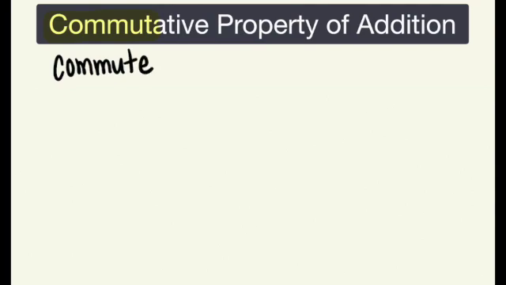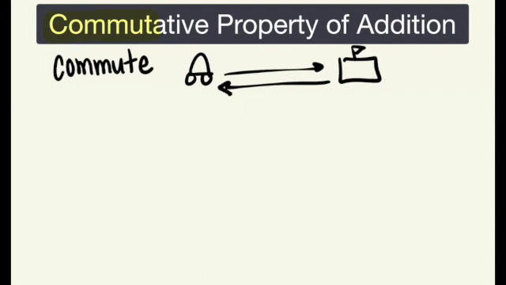Well, commuting means like going back and forth. So an example would be when I get in my car and I drive to the school and then I drive home. That's my commute. Drive to work, drive home from work. That's commuting. So the way that commuting works with addition, because this is, of course, the commutative property of addition,